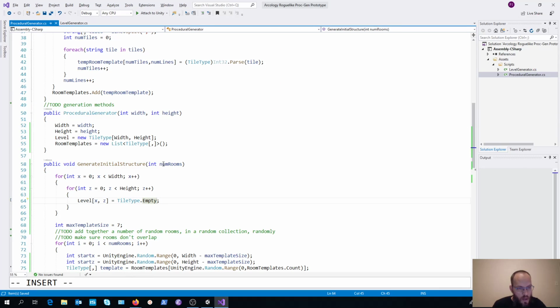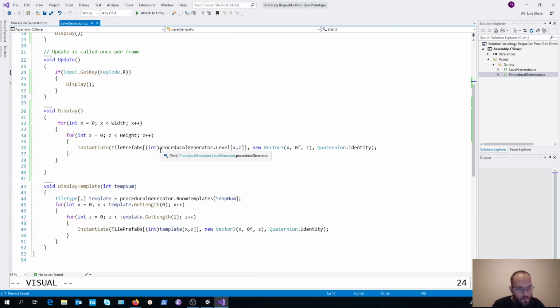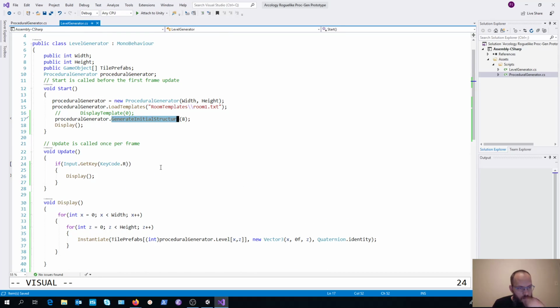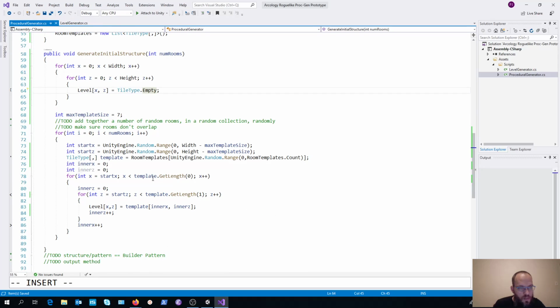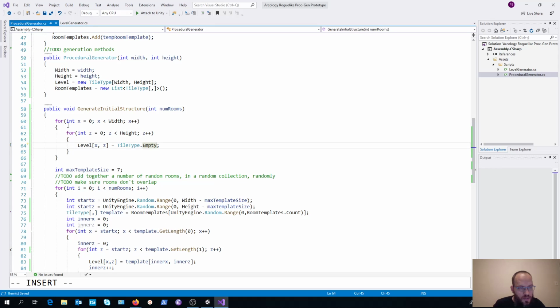So what I'm going to do is I'm going to have to use a coroutine for this, which is not really what I wanted to do, but